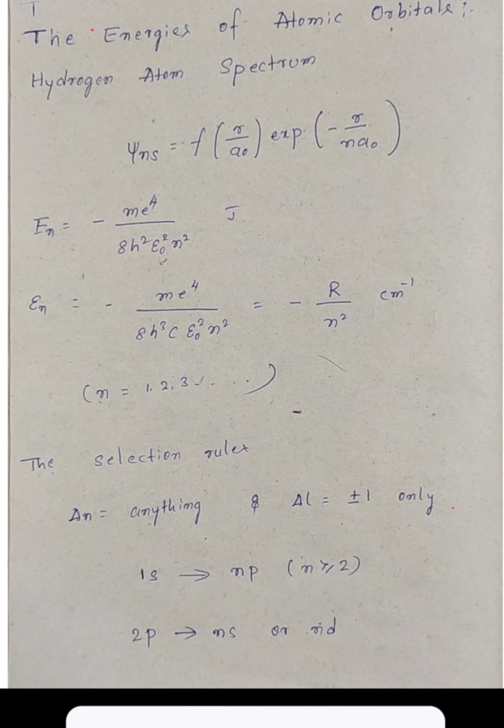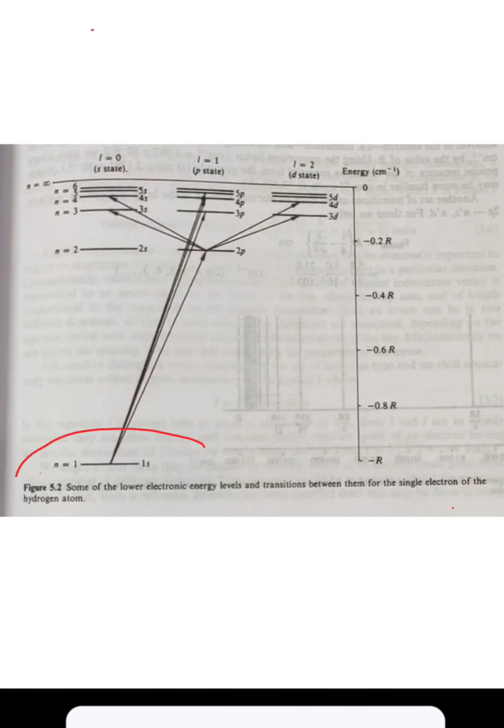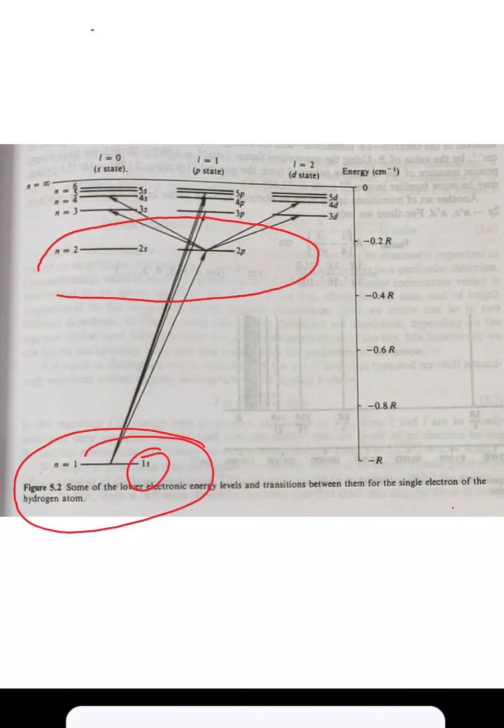Next we move on to next page. So this is the energy level of the hydrogen atom. You can see, in the ground state there is only one shell present, so you can see 1s, only the s shell is present for the ground state. And next, n is equal to 2 is the first excited state. There are 2 shells present, s and p. You can see 2s and 2p.